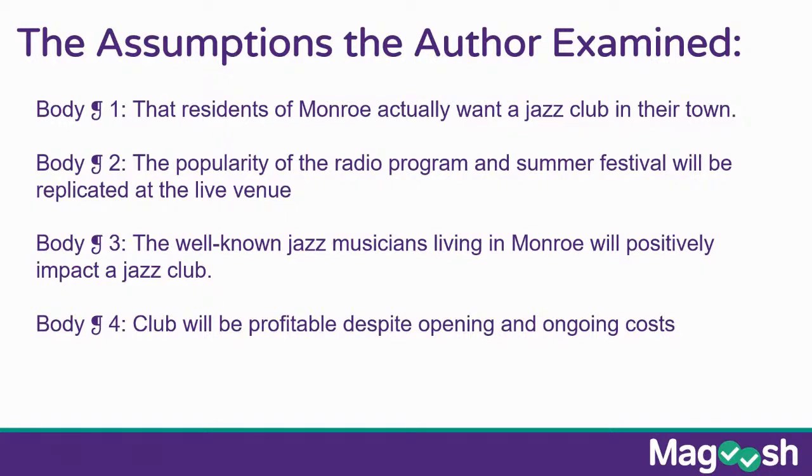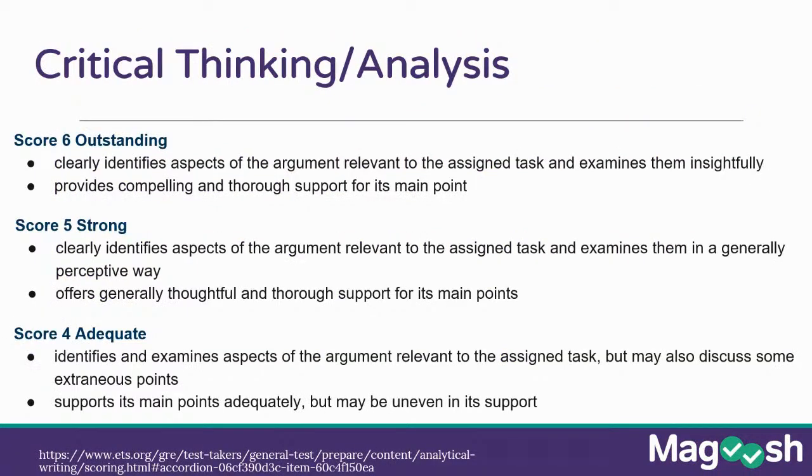So for critical thinking and analysis, the fact that the author attacks these absolutely relevant assumptions and does a very good job of generally breaking them down and explaining why they're problematic and lead to a flawed argument, well, that is why for critical thinking and analysis, I would give this a 5, but you'll see that 4 is also kind of mildly highlighted, and that's because you could argue that there are some parts in here that are maybe extraneous or parts that aren't detailed all that well, so the support is a little bit uneven. I would say this is more of a 5, but